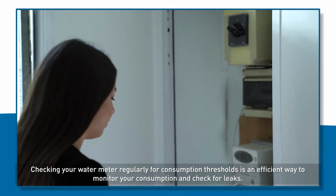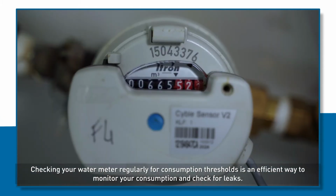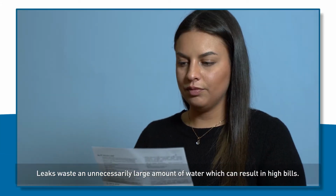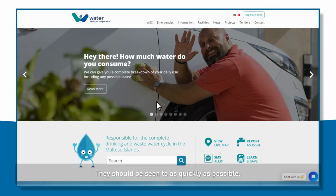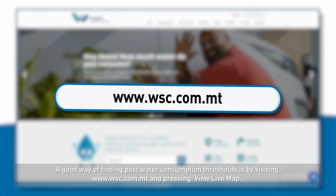Checking your water meter regularly for consumption thresholds is an efficient way to monitor your consumption and check for leaks. A sudden spike in consumption could mean that you've sprung a leak. Leaks waste an unnecessarily large amount of water, which can result in high bills. They should be seen to as quickly as possible. A good way of finding past water consumption thresholds is by visiting